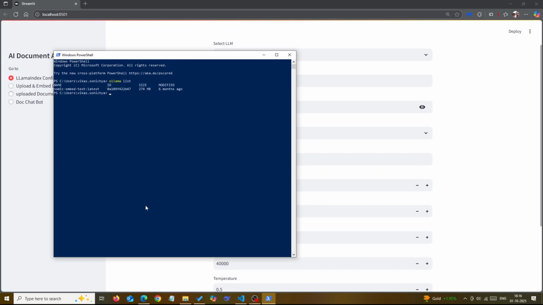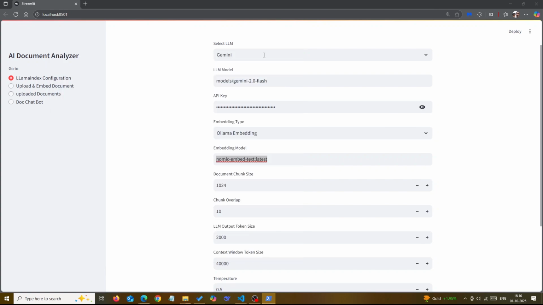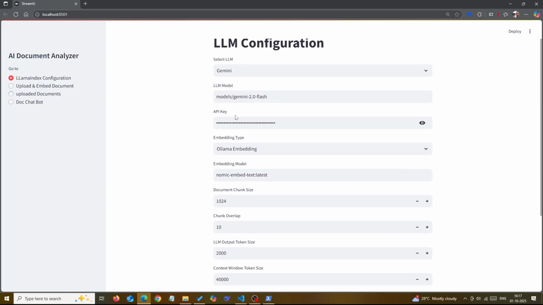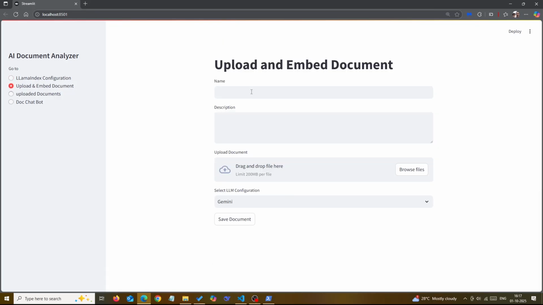Ollama list. You can see I have installed the Nomic embed text model on my machine, which is very good in results. So I am using the offline embedding. This is the configuration I'm using in the Gemini LLM. Using this configuration, I'll just upload one document,